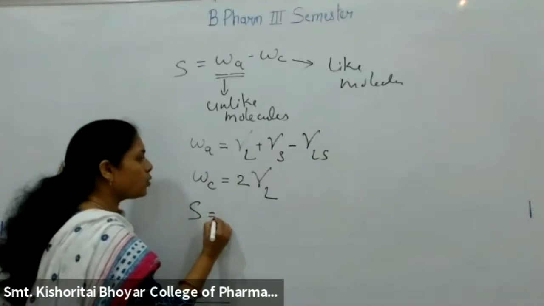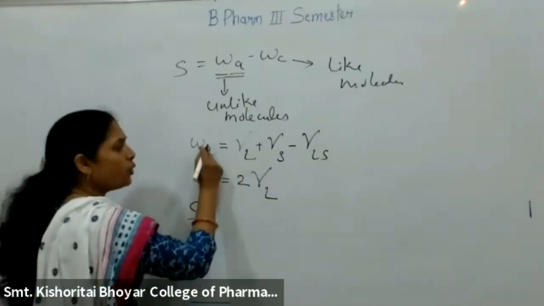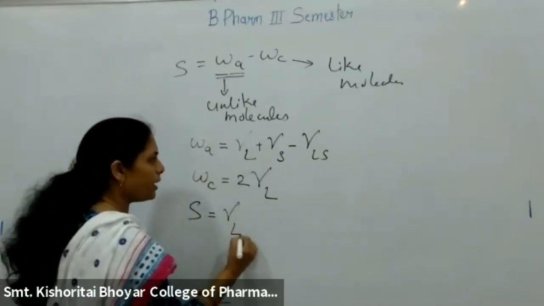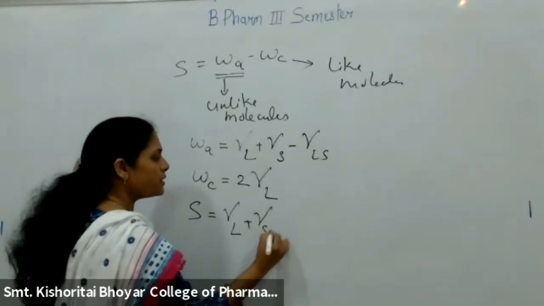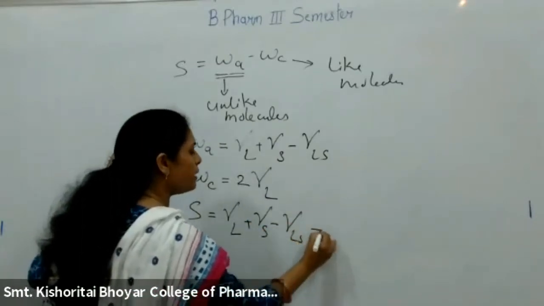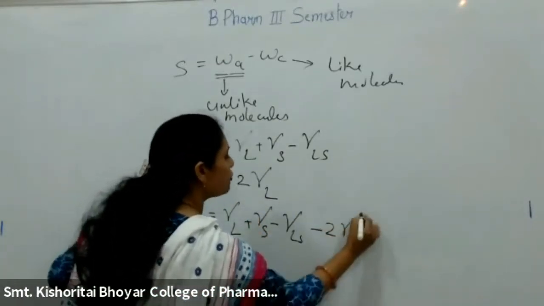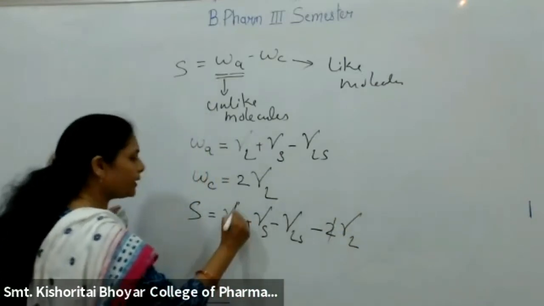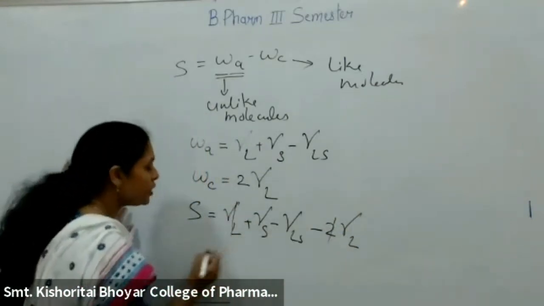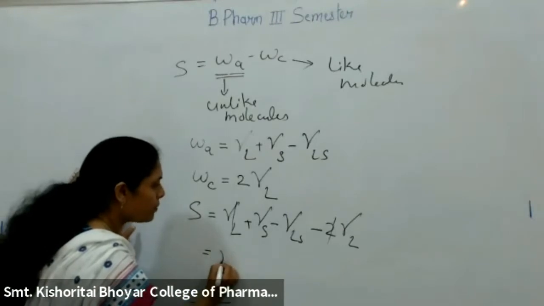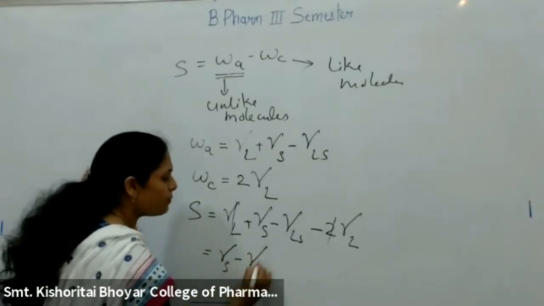Accordingly, S is equal to WA minus WC, that is gamma L plus gamma S minus gamma LS minus twice gamma L. So this gamma L gets cancelled, and we get the equation gamma S minus gamma L